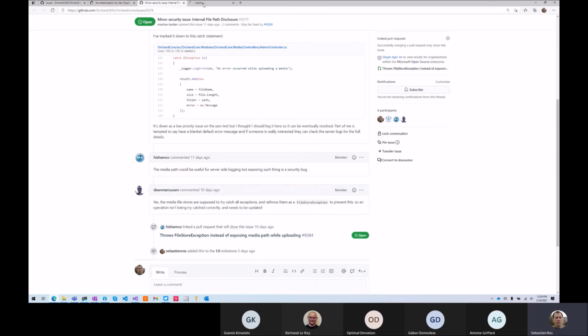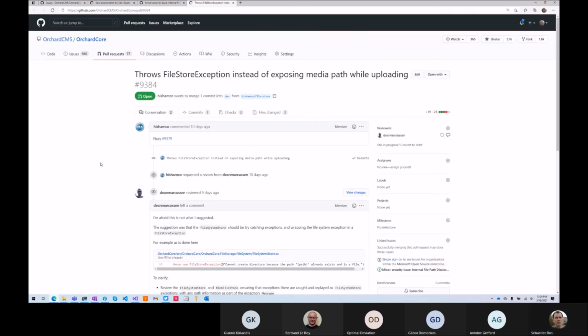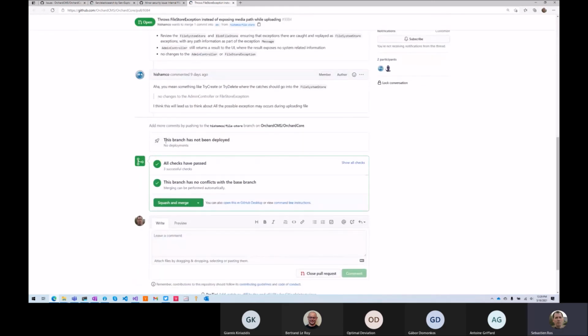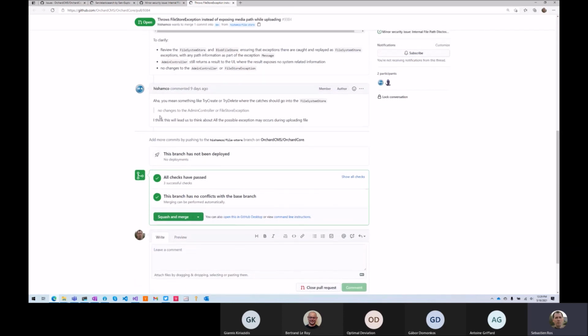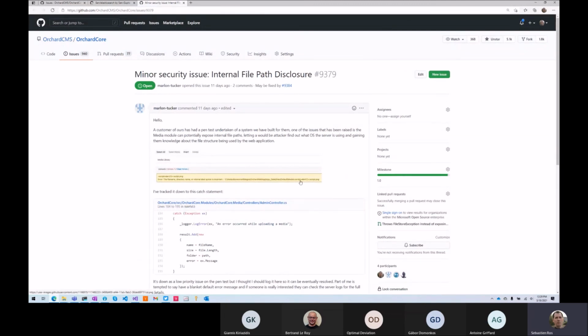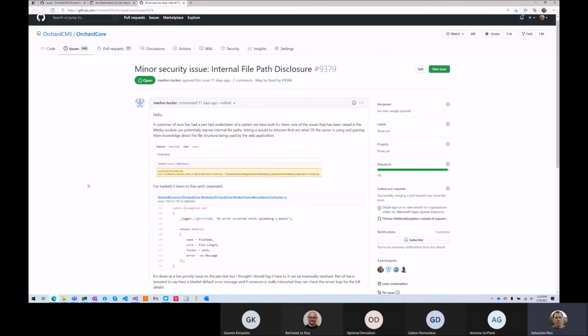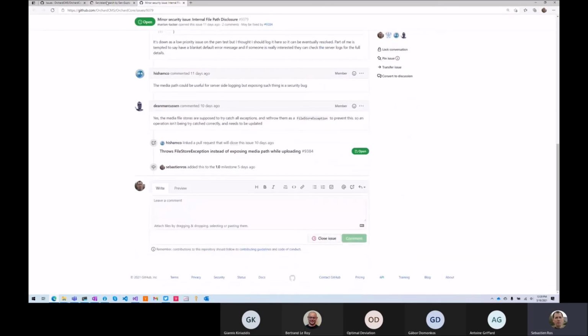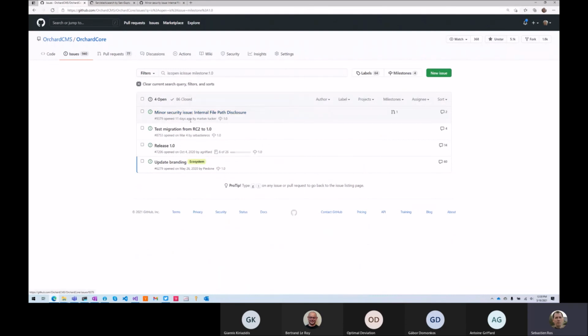Oh, there is a PR definition. Oh, that's not what it suggested. Okay, and there is some more of it. So not the solution, but we need to fix that. We don't want to see the full path of the... You see it's correctly encoded, so they tried to inject some script, didn't work, but they could see the full path, which is bad. Not really cool, but it's bad. So we don't want to see that. And that's the only thing that is assigned for 1.0.